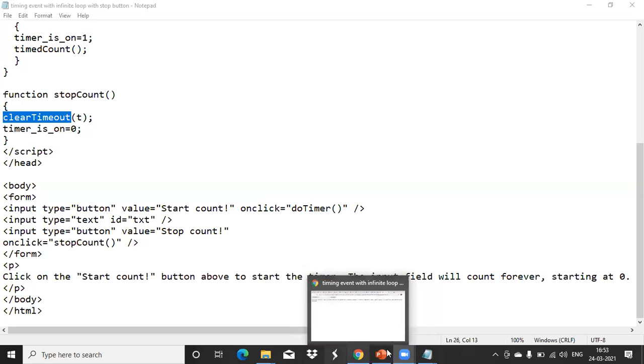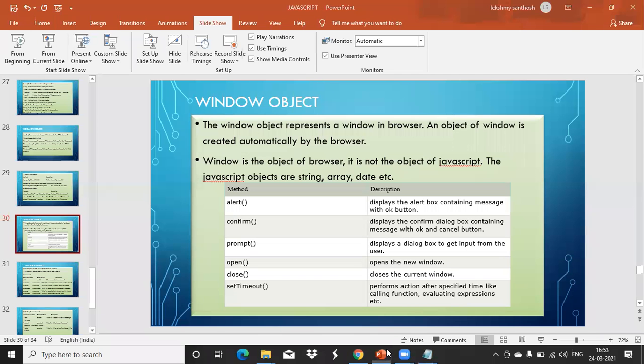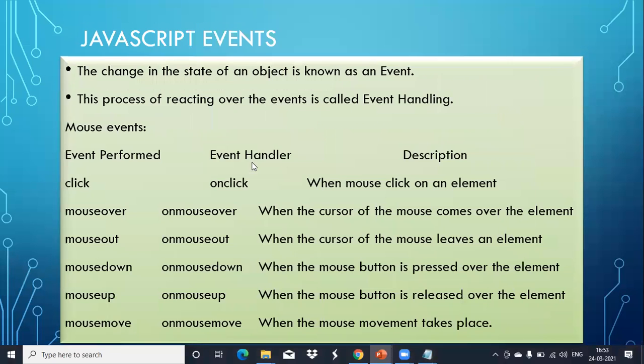Okay. Now we will see what the events are. We already saw on click. Now you know how the on click event is working. When you click on the button, what should happen or what it should perform, all those tasks we are assigning for that button.